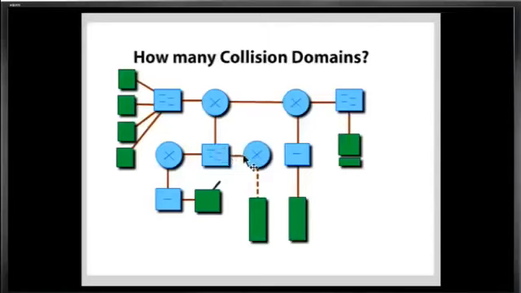From this router to the switch, 11. From this router to the switch, that's 12. And then 13 here, crossover cable to a server. And then this whole thing right here, these two links, is all one collision domain, so that's 14. And so my YouTube comment that came in, the viewer was right. This is 14 collision